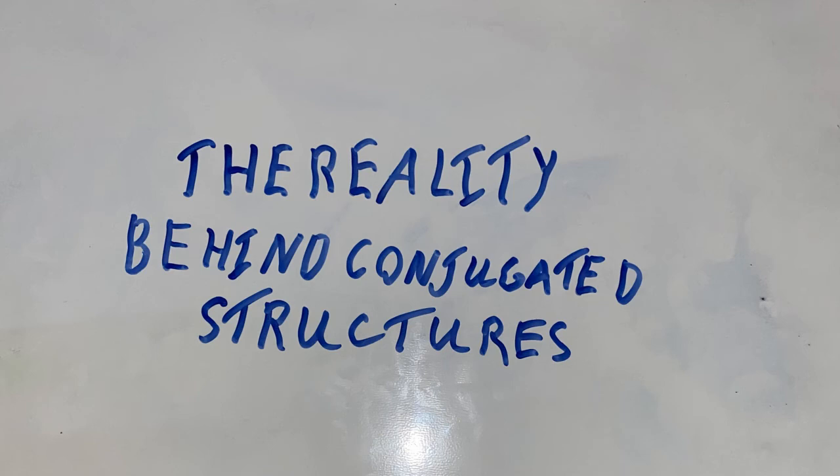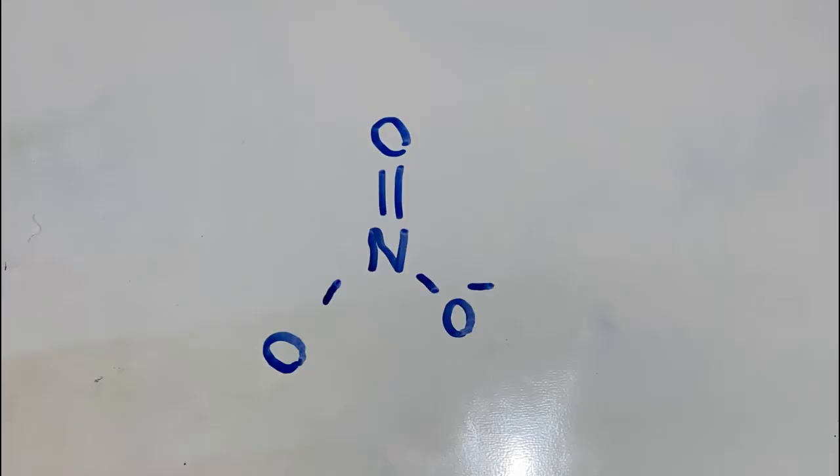The reality of resonance and conjugated structures. Some molecules, such as nitrate 5, seem to have very atypical electron arrangements given their constituent atoms. For example, why does only one of the oxygens have a double bond? Isn't that unstable? Why is the charged oxygen charged and the other oxygen uncharged, despite them having the same number